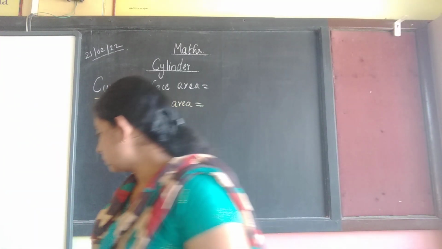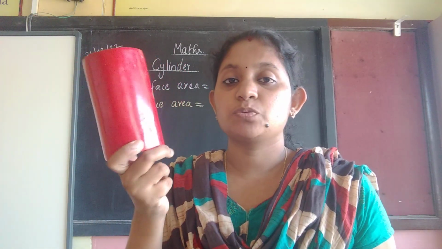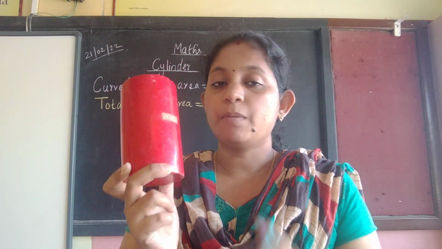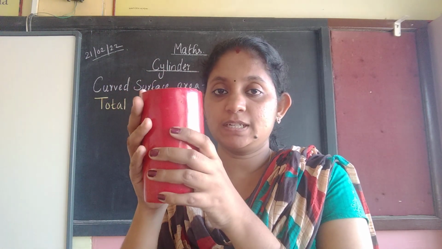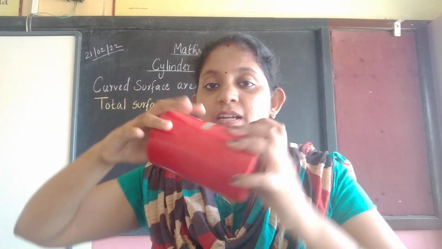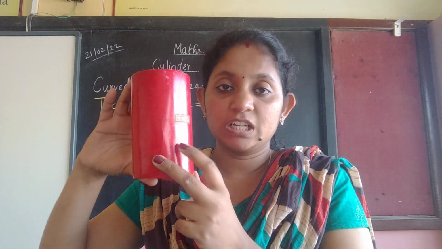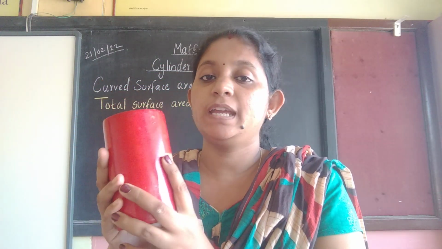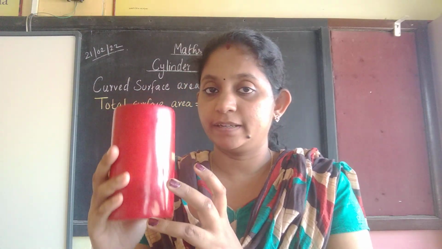Now what we are going to study is a new shape, that is nothing but the cylinder. How does a cylindrical shape look? It almost looks like this shape, correct? So this is called a cylinder. You can see it is round in shape, isn't it? Suppose a circle is extended, it becomes the shape of a cylinder. Here also we are going to study the surface area as well as the volume of this cylinder.